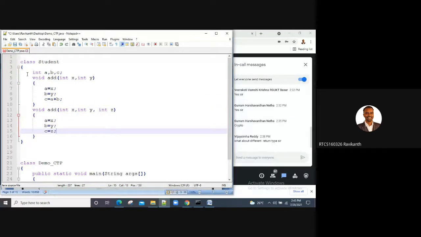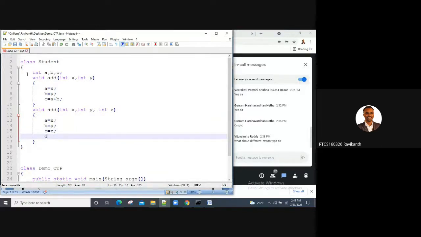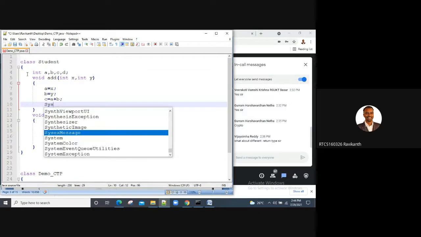Here, as I want to calculate these three values, let me make use of d equal to a plus b plus c. Right, so let me display from here itself.